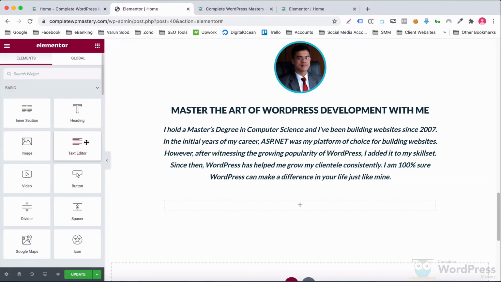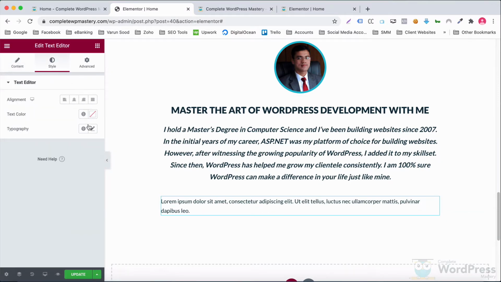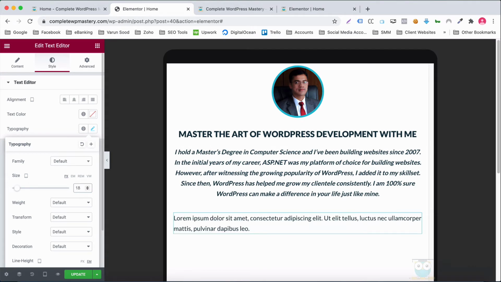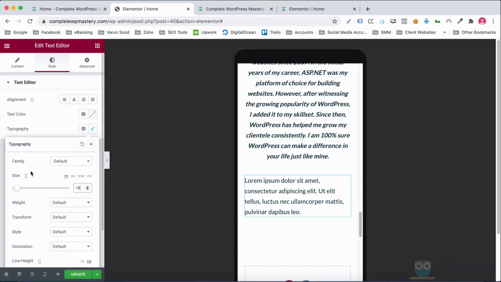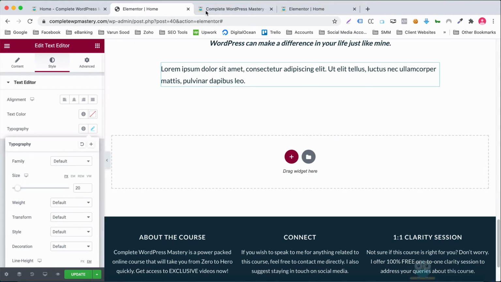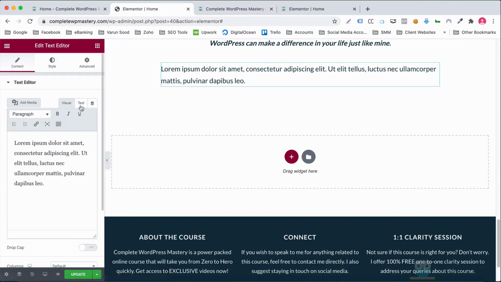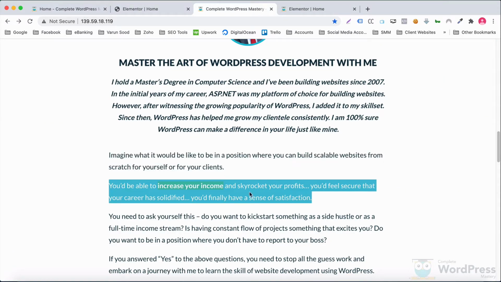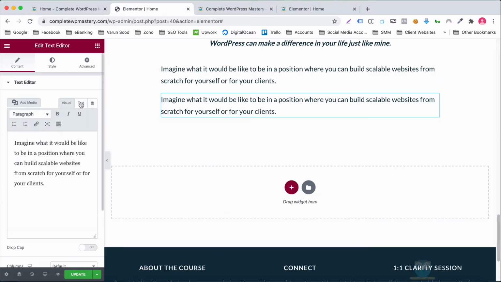And now add a text editor. Let me adjust the font size a little bit. And copy the text from here. For the next paragraphs, I'll duplicate the text editor and keep on copying and pasting the content that I want.